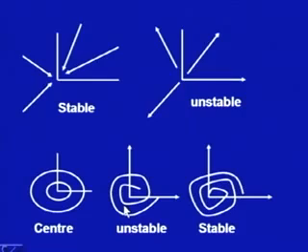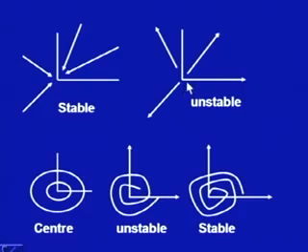And what we are doing here is that this is the phase space, in fact the phase plane, because this is 2 dimensional, this is the x axis and let us say this is the y axis. When both the lambdas are negative, the solutions will tend to 0 from all the sides, and we say the solution is stable. But when both the lambdas are positive, then we will go away and away from the equilibrium point and we say the solution is unstable.